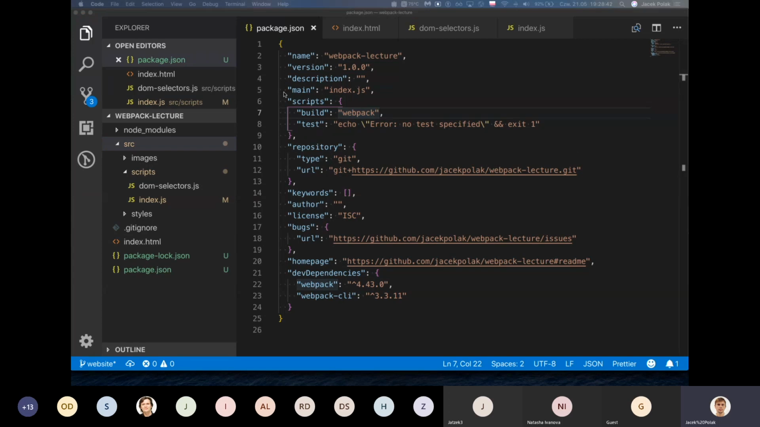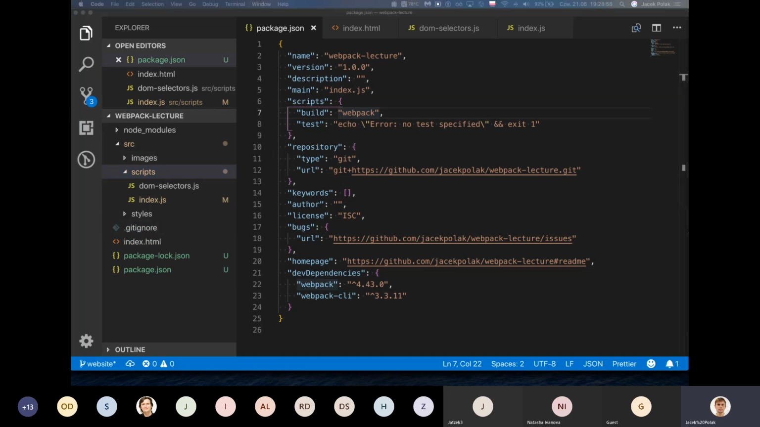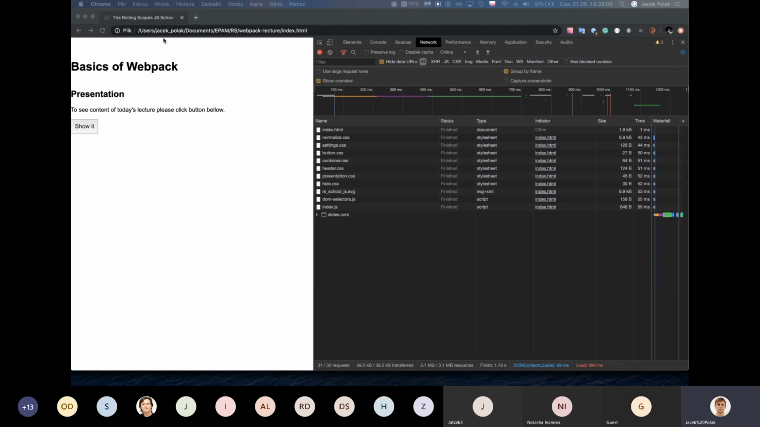So why is it not working? The problem is because our index.html, index.js should by default be in a flat structure in src. And where is our index.js? I made a structure, so it means it's hidden. And now to fix it,